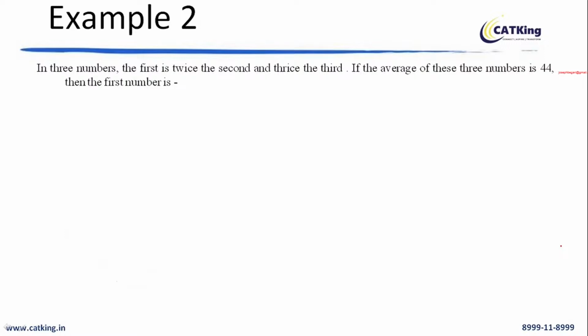So another example, read the question very carefully. This is a new type of question. It's a very basic question. Okay. There are three numbers. The first number is twice the second and thrice the third. So the first number is twice the second number, and the second